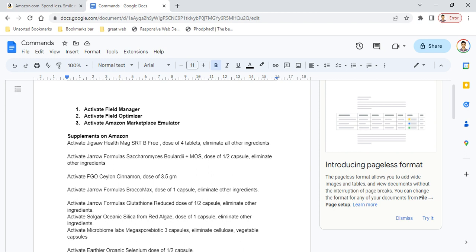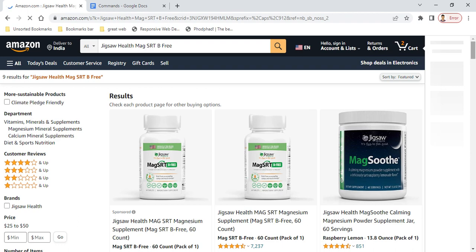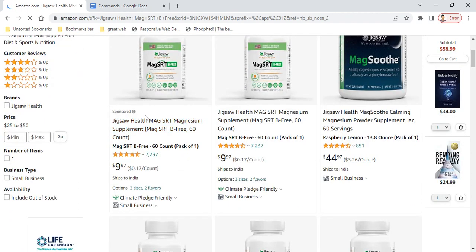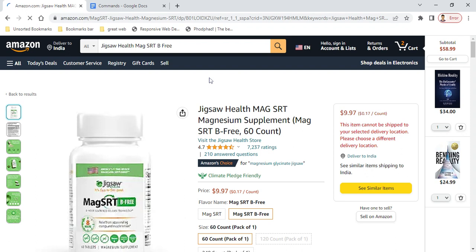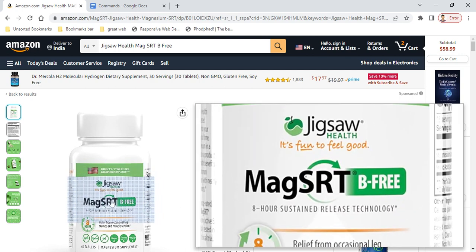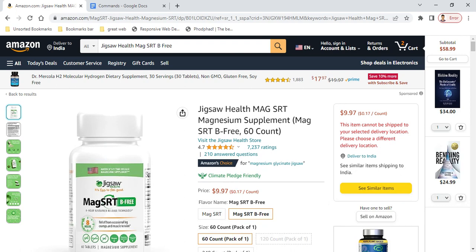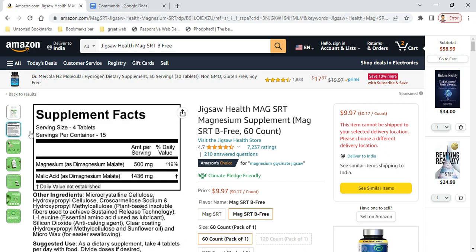So first is activate Jigsaw Health Magnesium SRT B free. So let's check the name here. Now this is the supplement I'm talking about. Now when you activate, first you have to check the company here. Sometimes it is not there in the name, so you have to say activate Jigsaw Health. The name of the supplement is mag SRT B free. So you have to say activate Jigsaw Health mag SRT B free, and then you have to check the